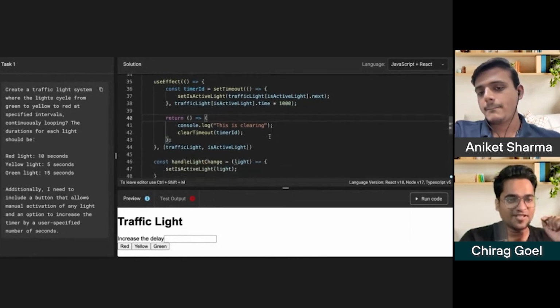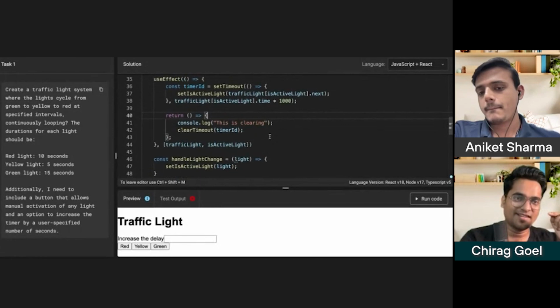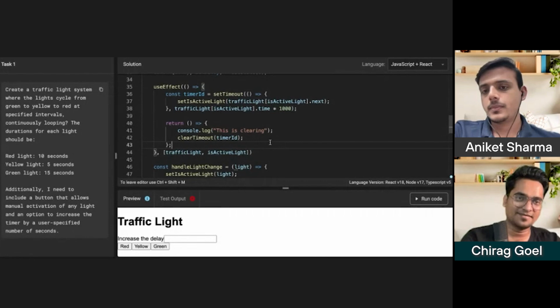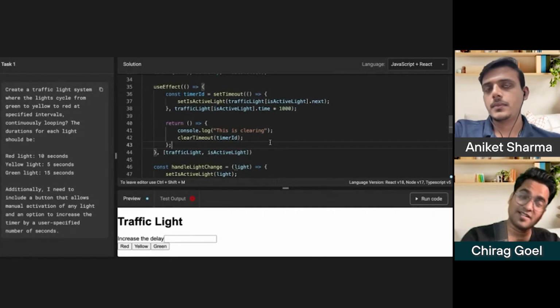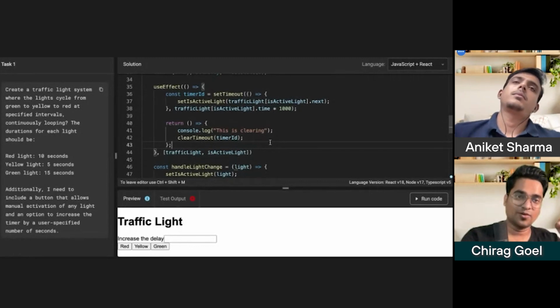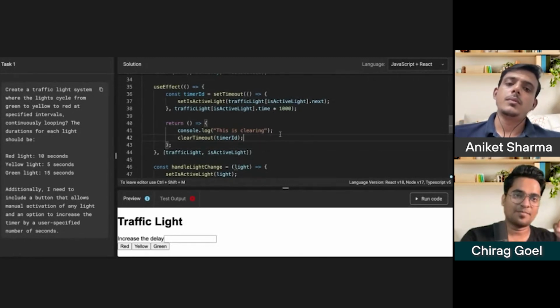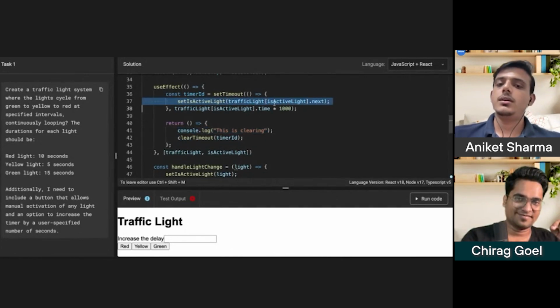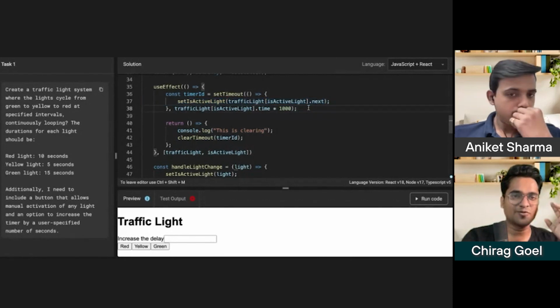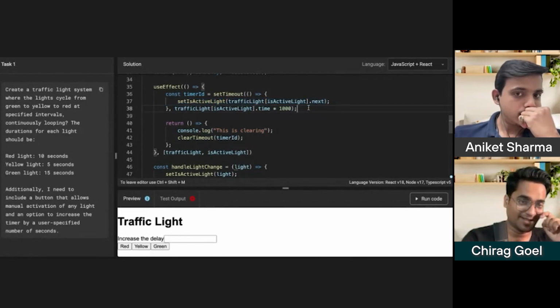So aren't you using the wrong thing? Because what you want is, at every tick, to know how many ticks have happened. You're getting my point? Set timeout says, hey, complete your job after 10 seconds and come back to me, which you don't want. You want to know at every second what is happening. Every second, what is happening? So aren't you making a wrong choice over here by choosing to use set timeout?